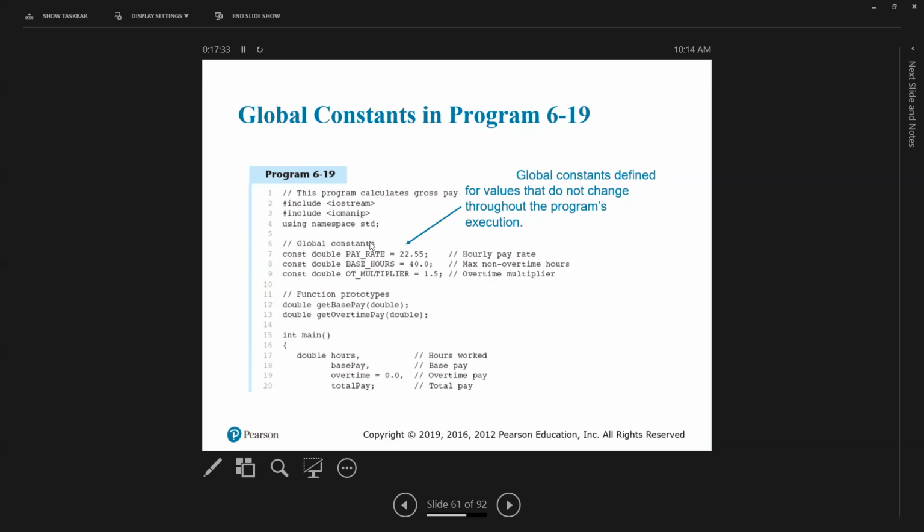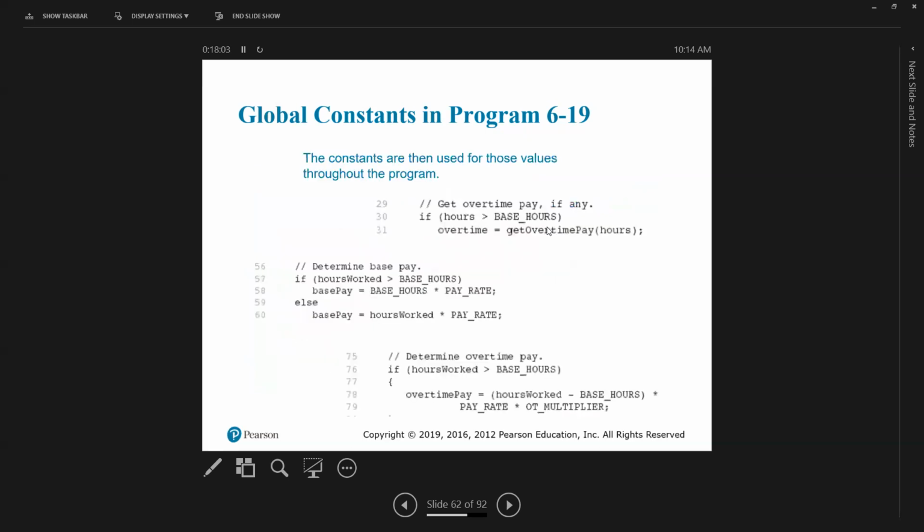So this is an example of a global variable. It's at the top, it's not inside of the main function. So that means that any of your functions in this program will know about these variables. And so you have a pay rate, a base hours, and an OT overtime multiplier. Okay, so this is main, and see how this is at the top. So any of the functions can use these, and then here are the prototypes, meaning you're going to have a get base pay and a get overtime pay function. Okay, and they're both going to take in decimals. So if you go over here,